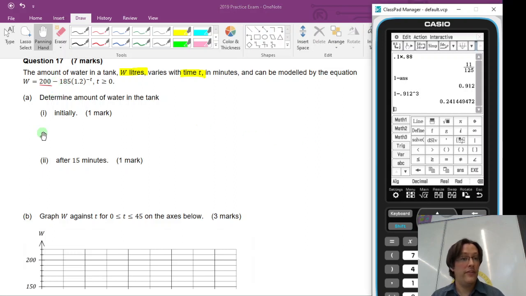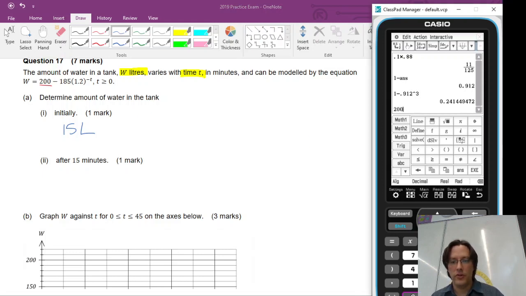It'll start at 15 and gradually go up, because if T is 0, or maybe a bit higher, we'll find out what's going on. When T is 0, yeah. So when T equals 0, this whole thing becomes 1. 200 take 185 is 15 liters. After 15 minutes,